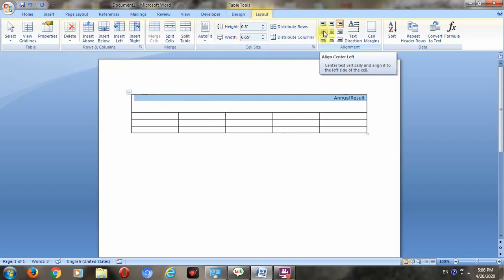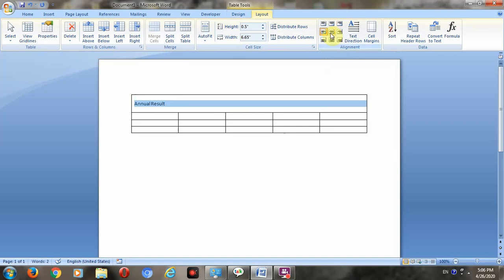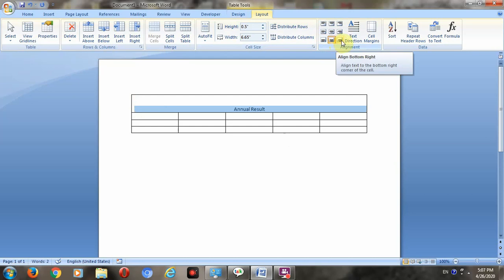This one is alignment center left, this one is alignment center, this is alignment center right. Then bottom left, bottom center, and this one is bottom right. So 9 alignments are there. Wherever you want to place your text, you just click on the appropriate option.